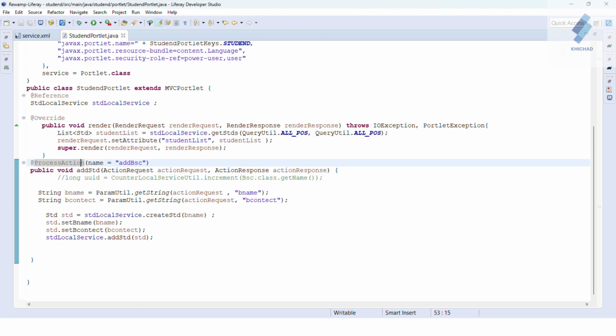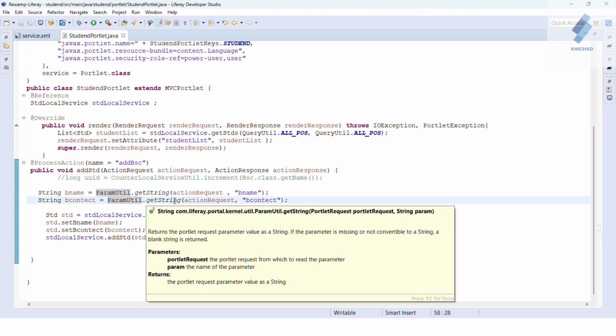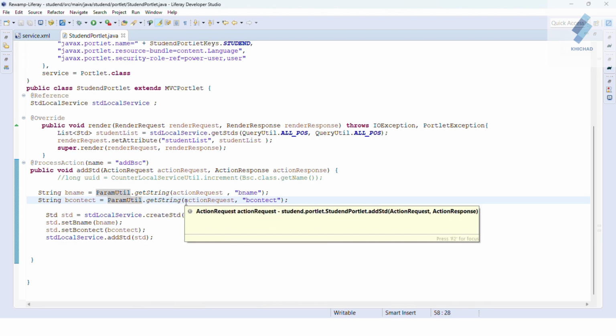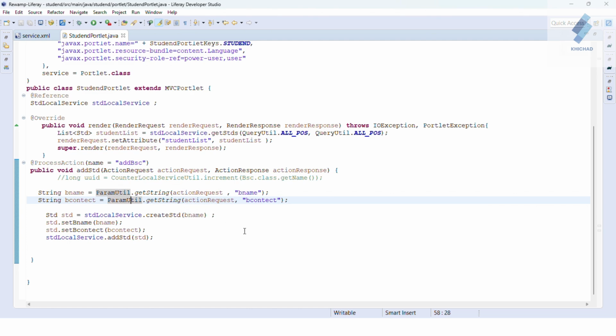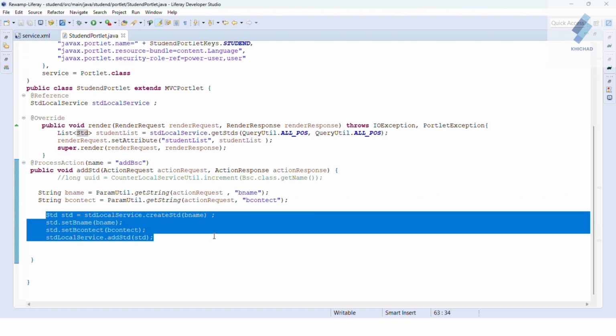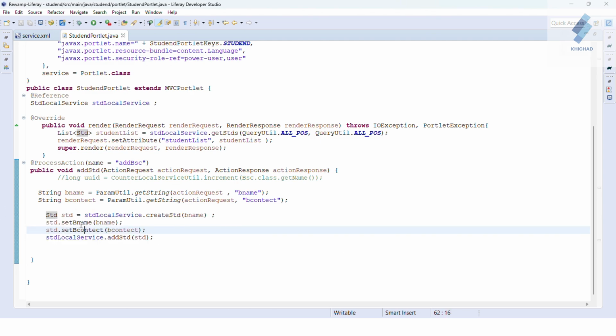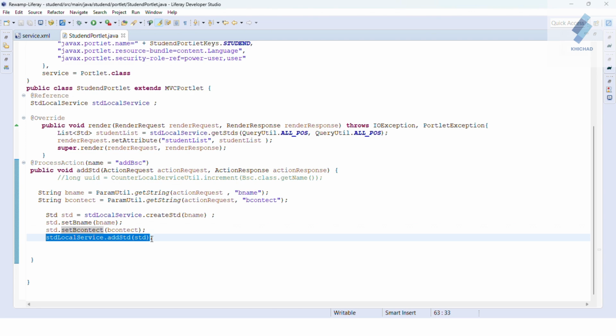So we retrieve the values corresponding to the parameters, like ParamUtil, from the form using this get method. Next we create a student entry using two columns, first name and contact, and I use the local service for adding students in the database.